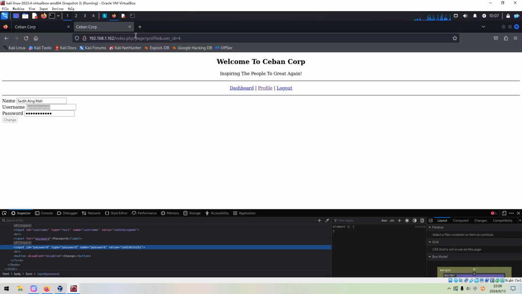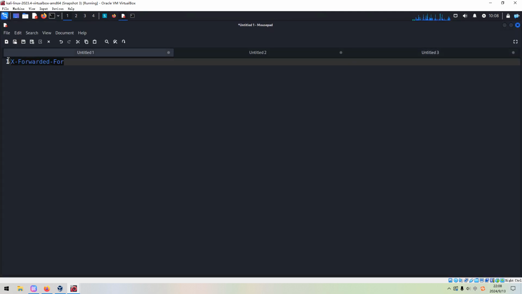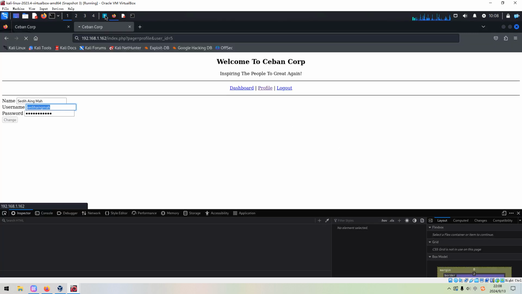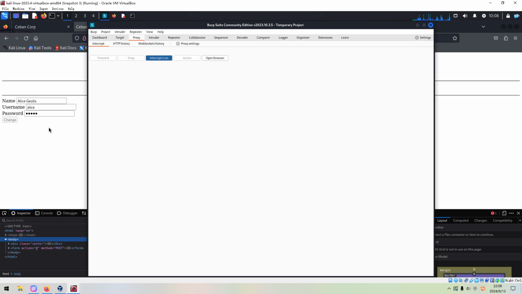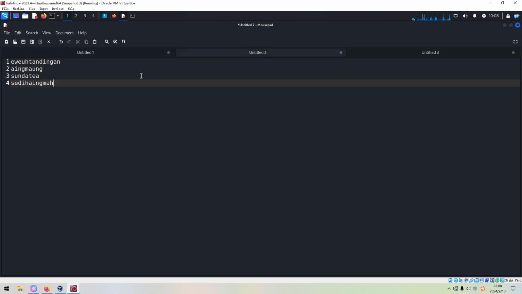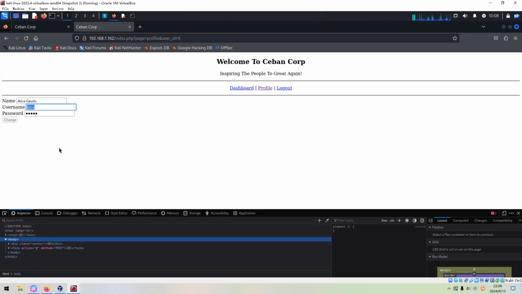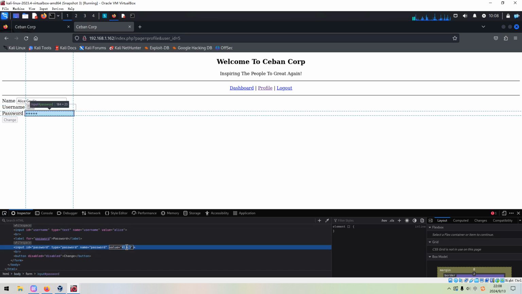Okay, so now we can change it to 5, and we got the name and also its password accordingly.